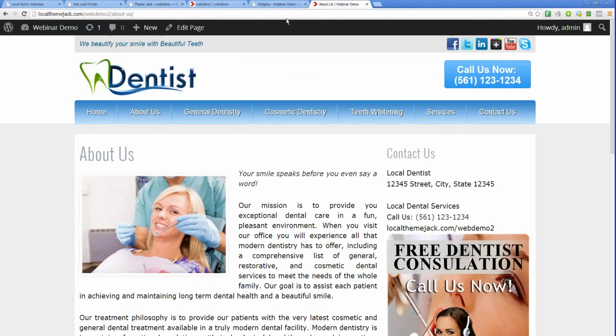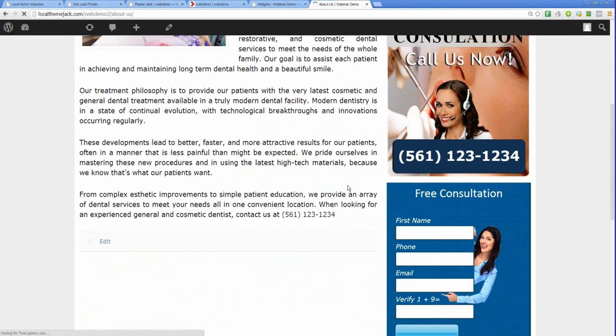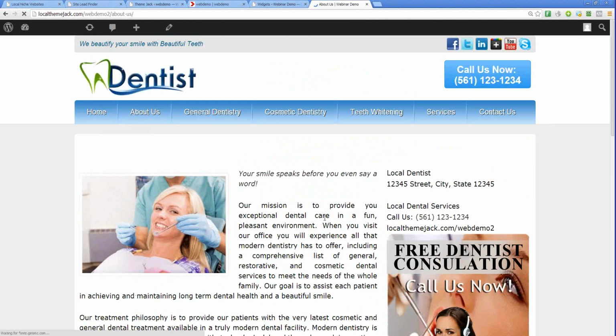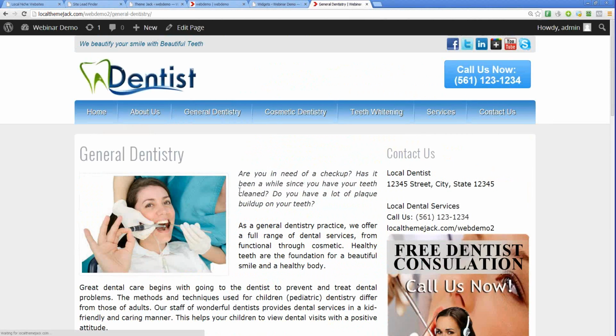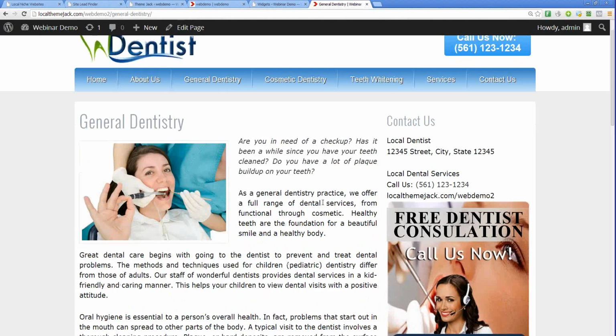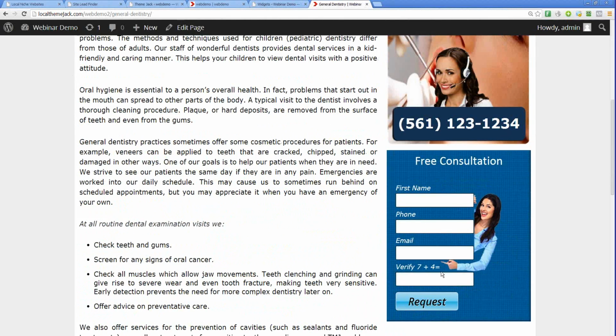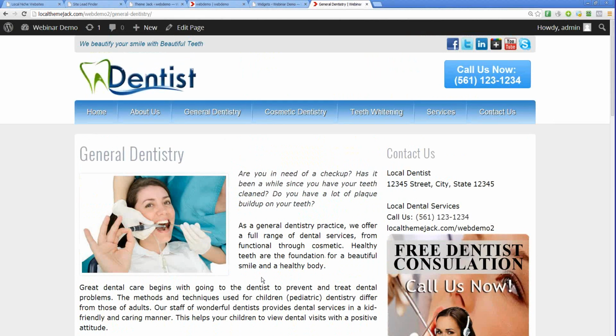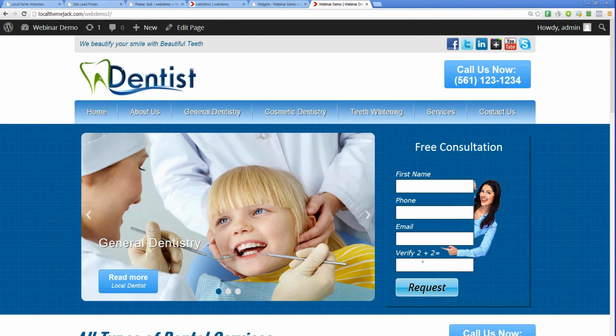I refresh this. And now the form is shown. Okay, so now on every page they can either choose to make a call or to submit the form. Everybody see this? Okay, so there's no magic to this. I mean, there's no difficulty to this. Within a couple of minutes I change it to form,